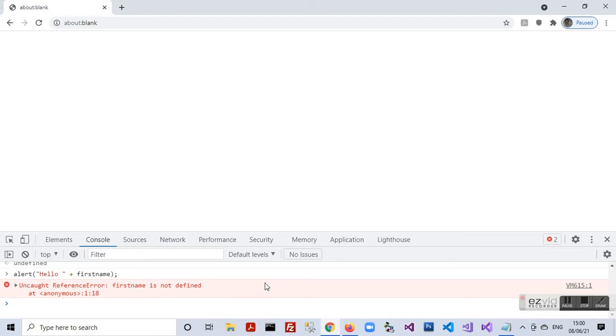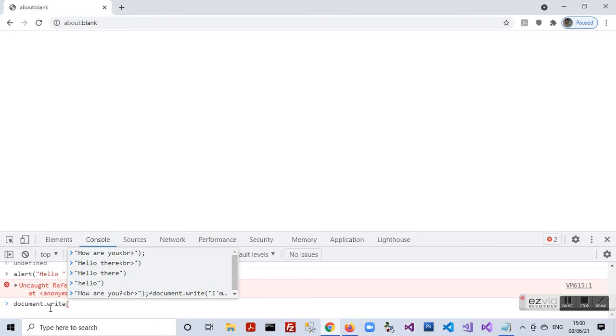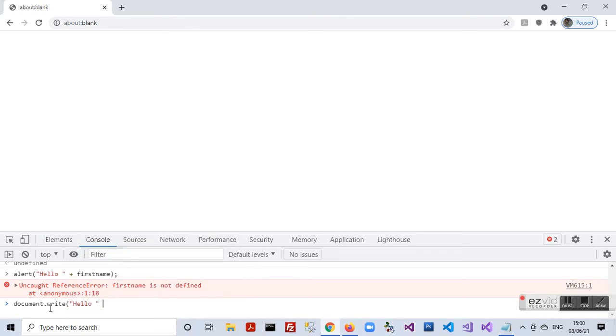So in my case I need to write document.write followed by a parenthesis, and within the parenthesis I need to write within the double quotes the greeting, that is hello, plus firstName, which is the name of the variable, and then I need to press enter to execute this line of code.